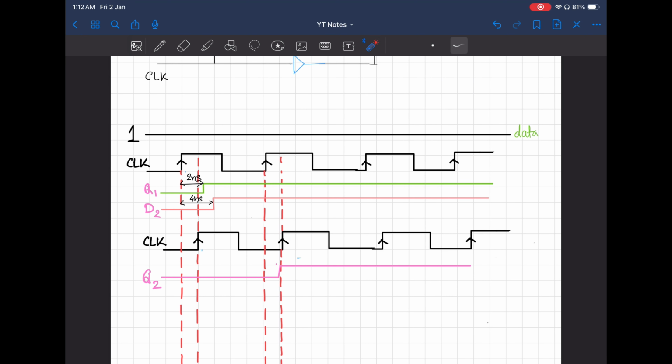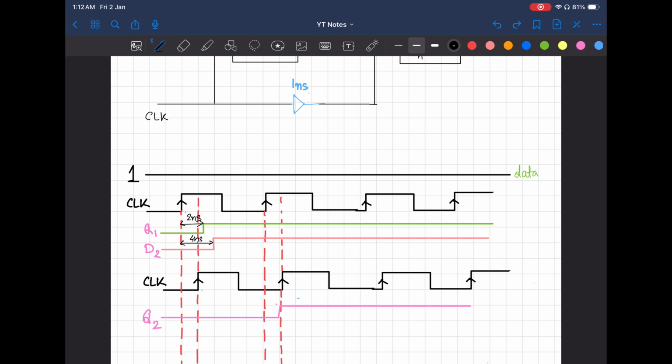As we know, our main takeaway is that this much amount of time you will get as a setup window, and how much it is, we can calculate by the setup equation. And this much amount of time you are getting